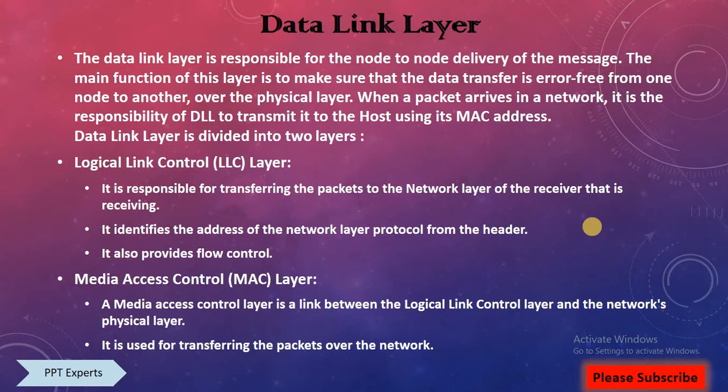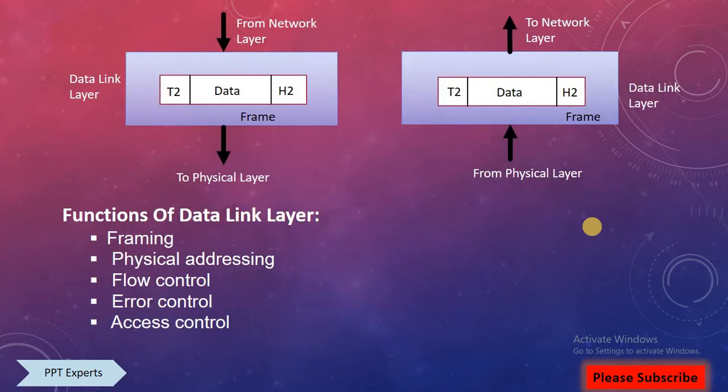So this is the diagrammatic representation of the data link layer. The data comes from the network layer. All this data is processed in frames, and after going through the physical layer, the data gets back to the network layer. The functions of the data link layer are framing of data, physical addressing, that is, from which address and to which address the data is to be transmitted,